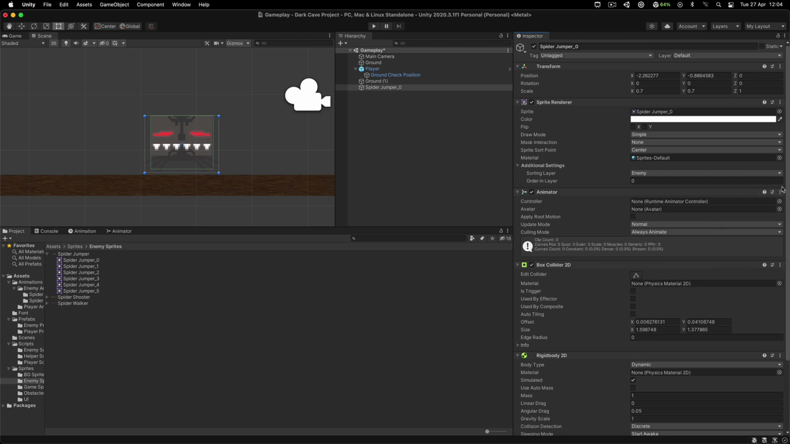You can click on these three dots to rearrange the components to move them up and down. It's not necessary. It will not teach you anything. I just like to have the animator on top, below the sprite renderer, scripts at the bottom, and I'm weird, okay? It's just that. Change the name from spider jumper underscore 0 to spider jumper, and let's go and create